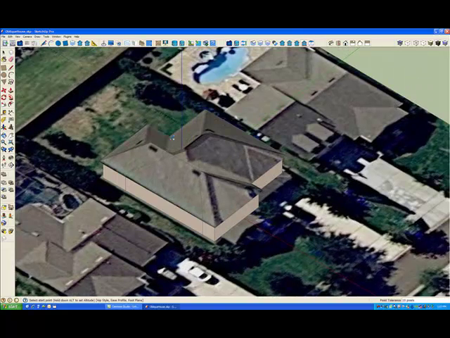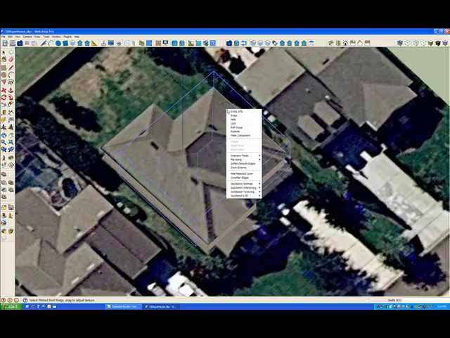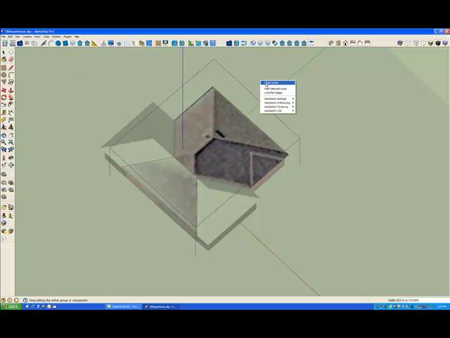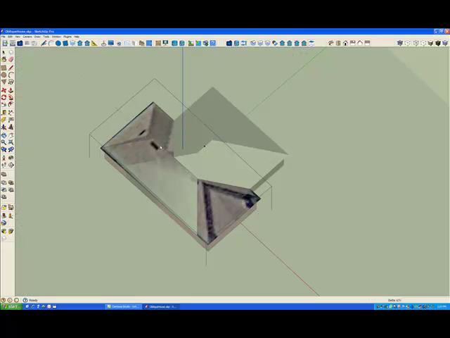And now we've got the two groups for this roof, but you can see that the ridge and the texture does not line up with the geometric ridge. So we'll use our Fix Ridge tool and we'll edit the individual groups, and then we just grab the ridge, hold down the left mouse button and move the mouse until the ridge and the texture lines up with the geometric ridge. And we'll close that group and we'll edit this group and do the same thing, grab the ridge